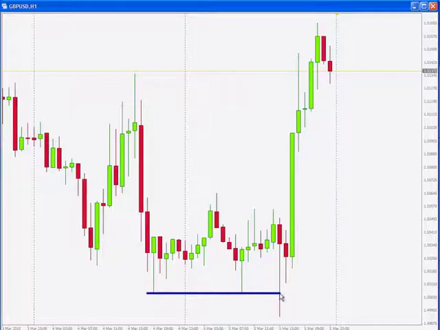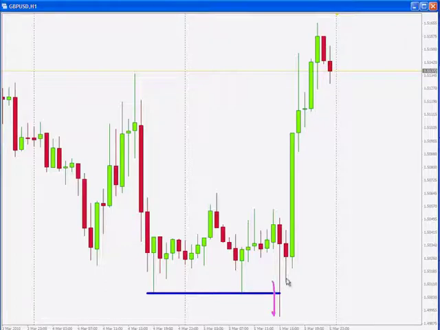Price found rejection once again. Found rejection for a third time. Sure, it breached down, but just for so long. As I was mentioning before, whenever we are trading momentum moves, we cannot expect the levels of support and resistance to hold right to the pip, because price action happens just too fast for price to be accurate with the levels of support and resistance, right?